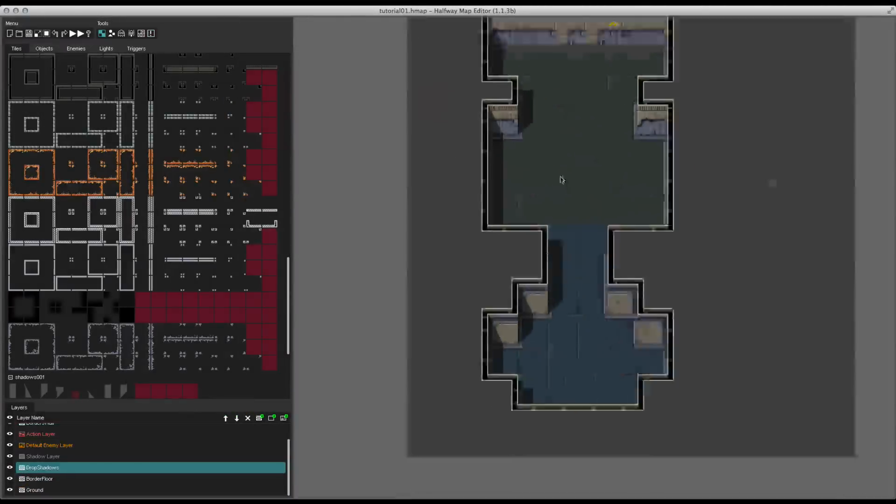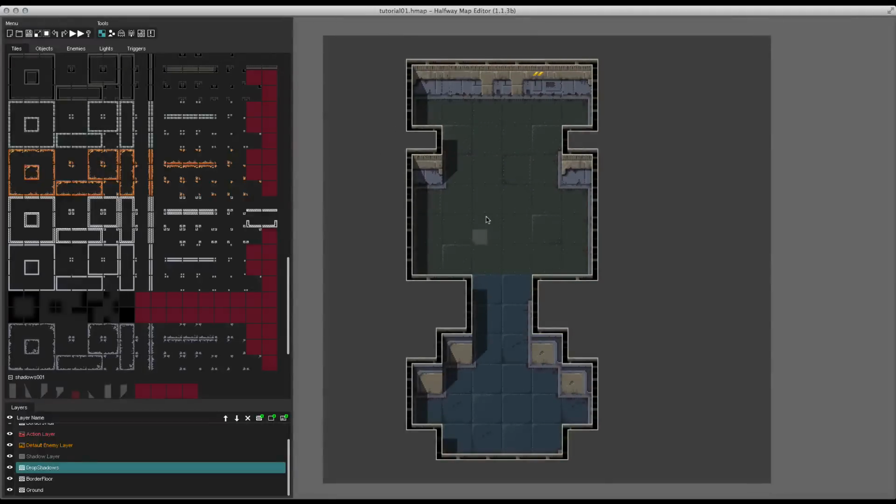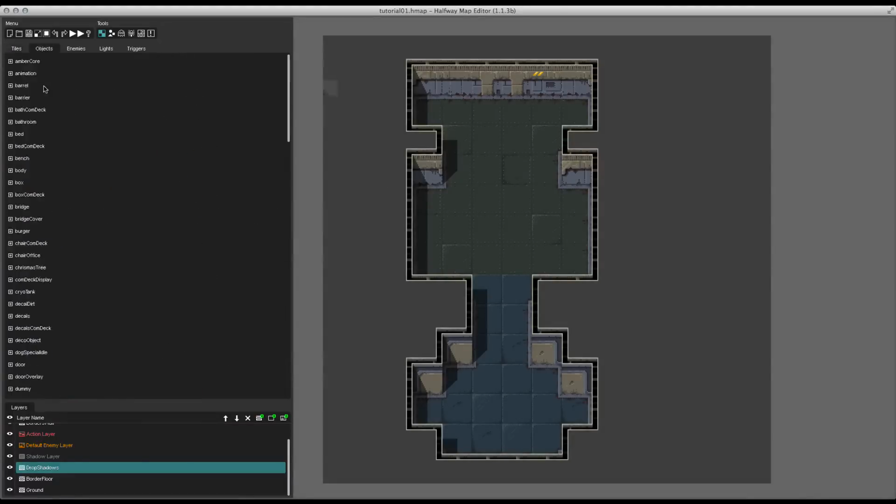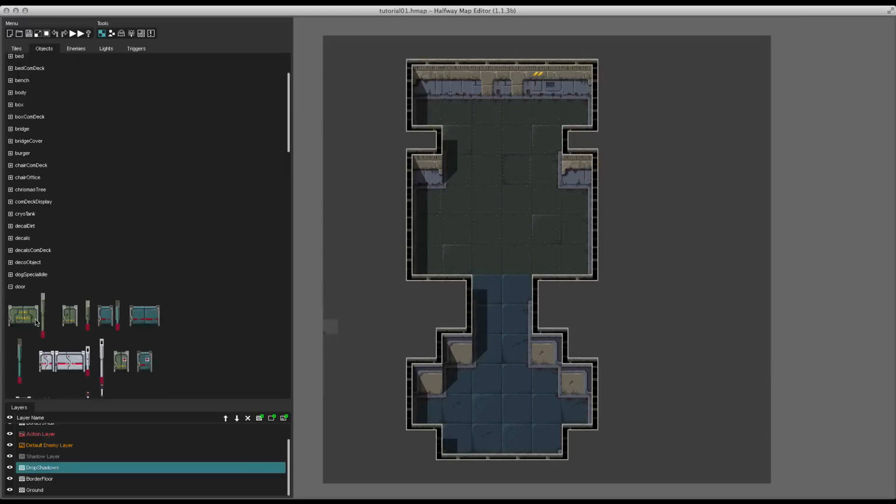Alright, so the map is saved. Now we are going to add some objects. First, we will add a door that separates the rooms beside. So I have to go to these two rooms. So I have to go to the select the object brush, select the door I want to place, and I